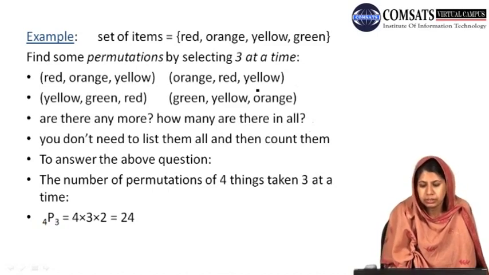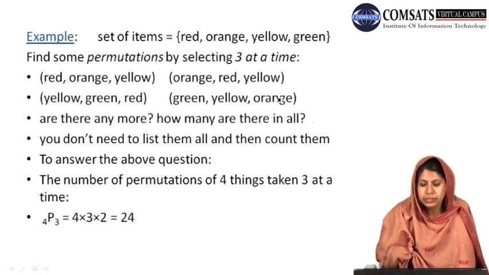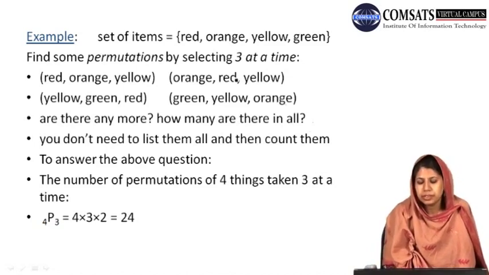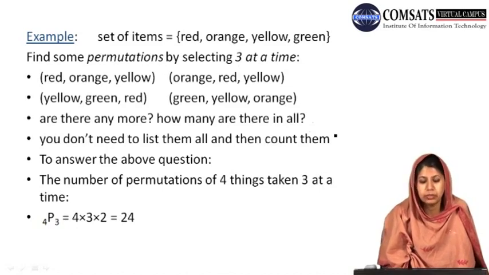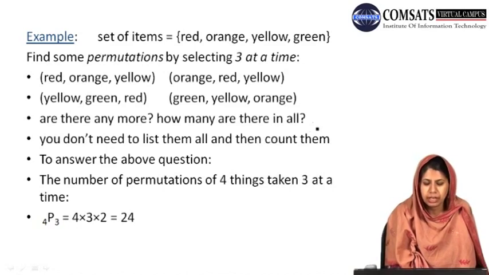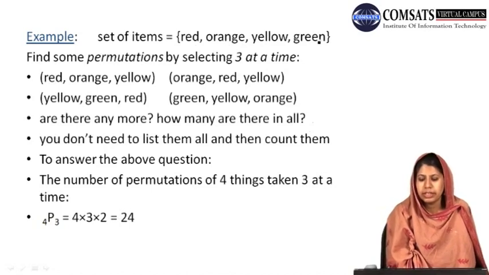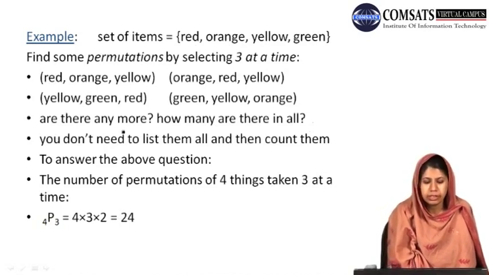If there are more than these 4, then what is the number of the permutations? Now in this case, we don't have to list all the possible arrangements and count them to give our answer. But to give the number of permutations of 4 items taken 3 at a time, it is nothing but